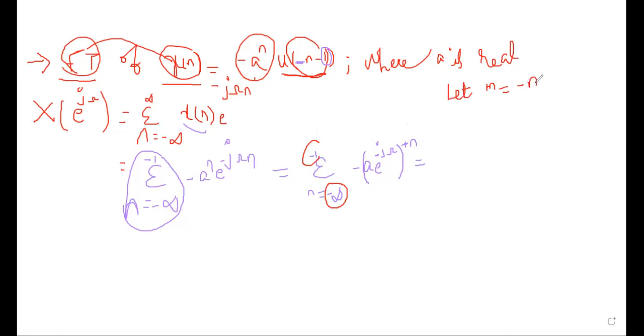Tell me, if I let m is equal to minus n, tell me my summation lower limit now. So I want m now. So m is equal to minus of n. So n lower limit is minus infinity. So if I substitute minus infinity here, minus of minus infinity, will it become plus infinity? The power limits? Yes, ma'am. Yes. Similarly, what about the upper limit? Upper limit will be equal to 1. Very good. So now I have minus a into e power minus j omega the whole power minus m. Is it right? Tell me, minus m.